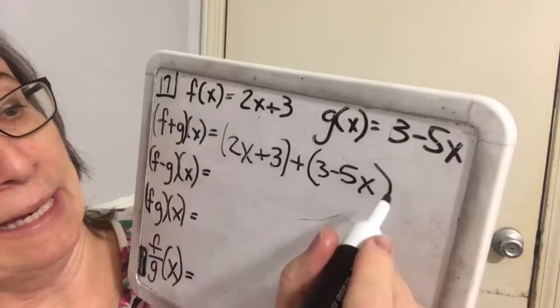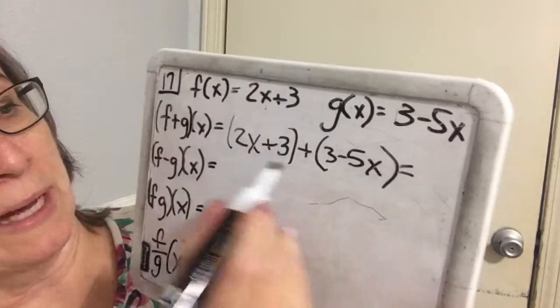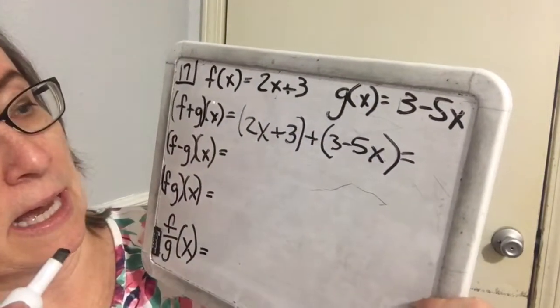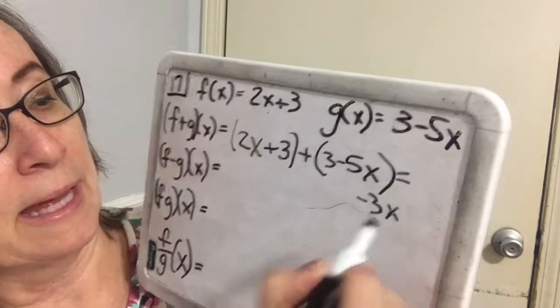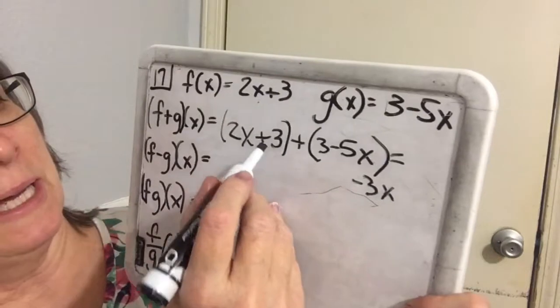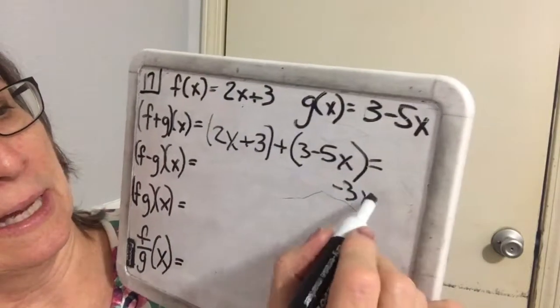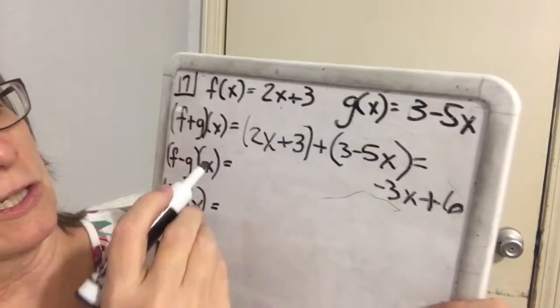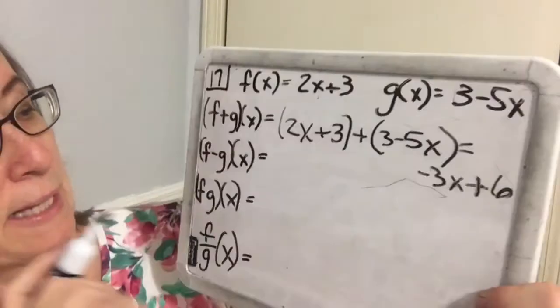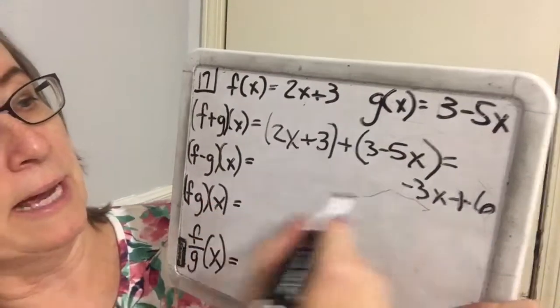If I add a 2x with a negative 5x, I end up with a negative 3x, and a 3 plus another 3 is going to be 6. So the sum of the two functions is negative 3x plus 6. So now